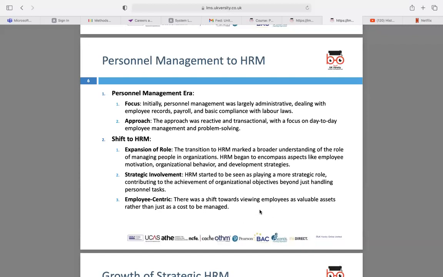And they spoke about strategic involvement, wherein human resources started being seen as playing a more strategic role in the business environment, and also achieving its organization's objectives like we spoke about before. So now human resources wasn't just about handling employees' details and tasks, but it was also about thinking of various strategies which would help associates do better in their job and also stick with the organization's objectives.